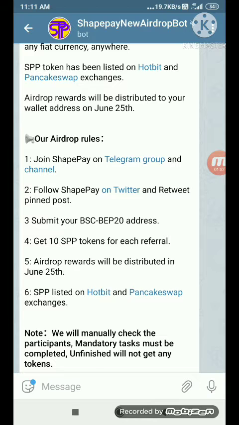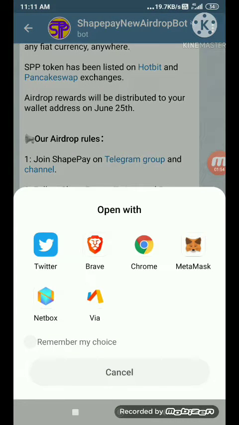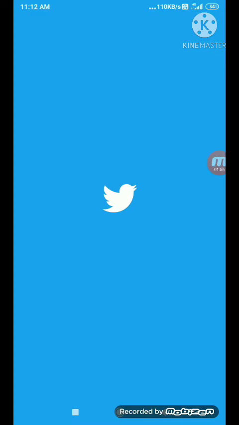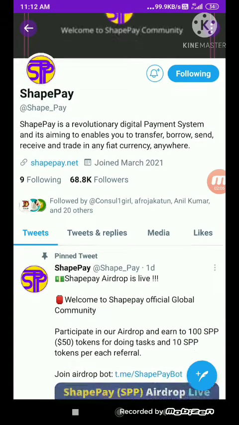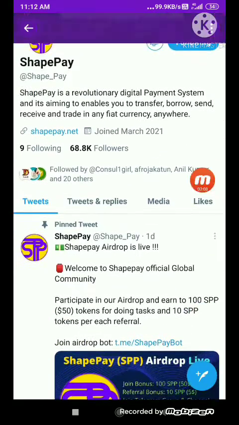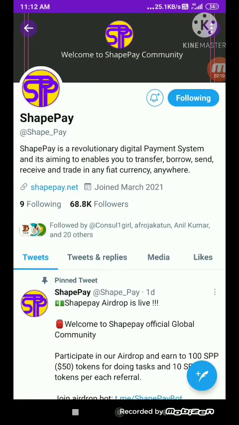So now click on Twitter. Go to your Twitter, open your Twitter account in the browser. After this the link will be opened. Now this task is to follow, so you need to follow this. Click on follow. When this blue icon comes, it means that you have already followed.